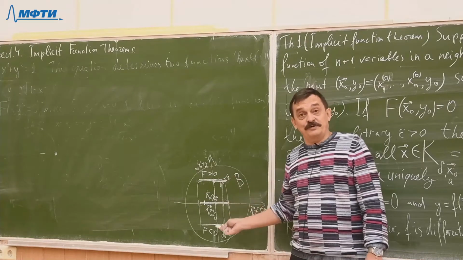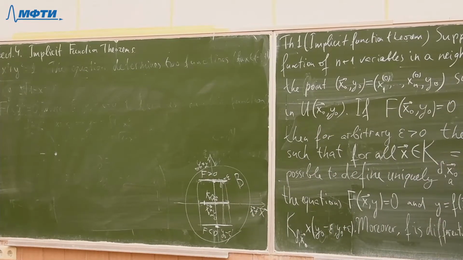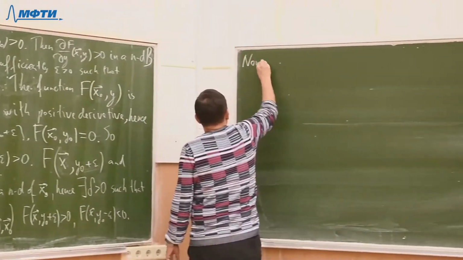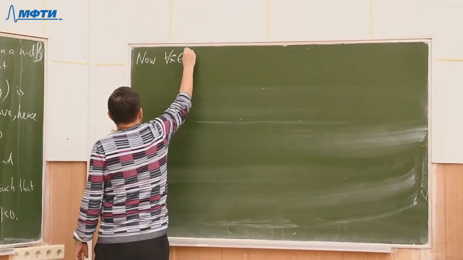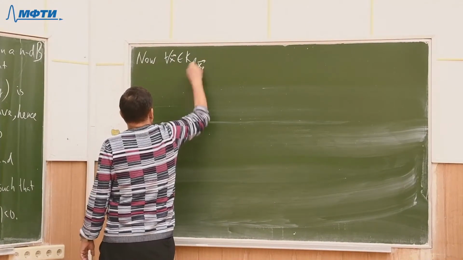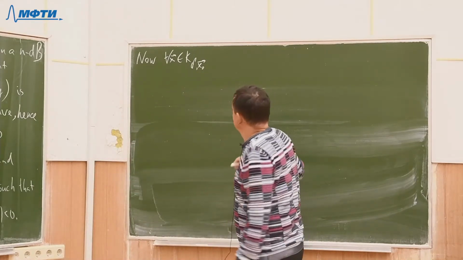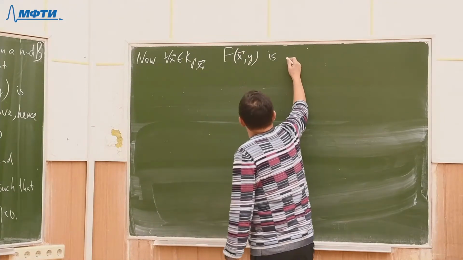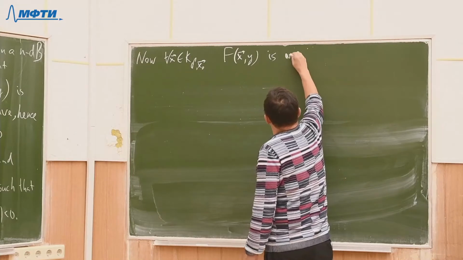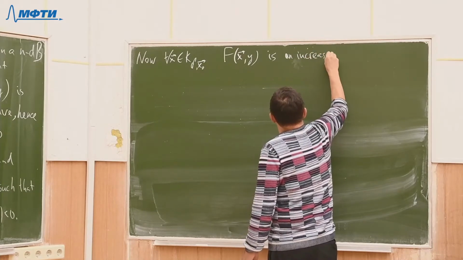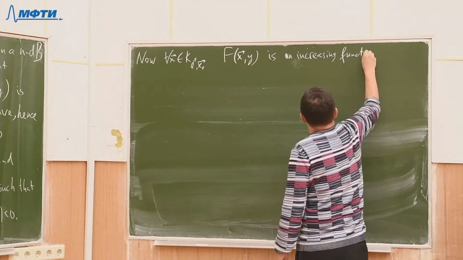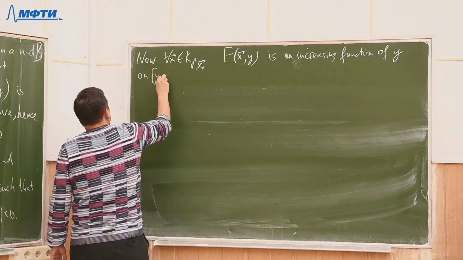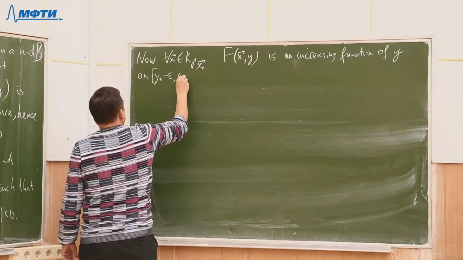And the partial derivative with respect to y is still positive, right? So once again, for arbitrary x in our fixed neighborhood of x naught, F of x, y is an increasing function of y on y naught minus epsilon, y naught plus epsilon,